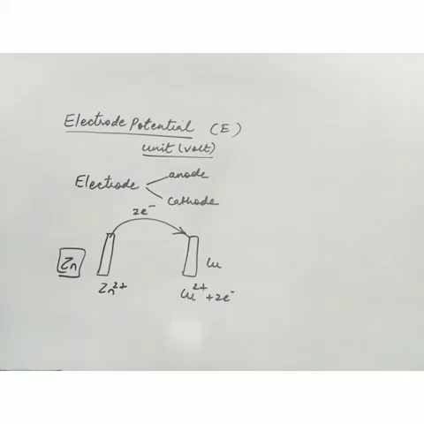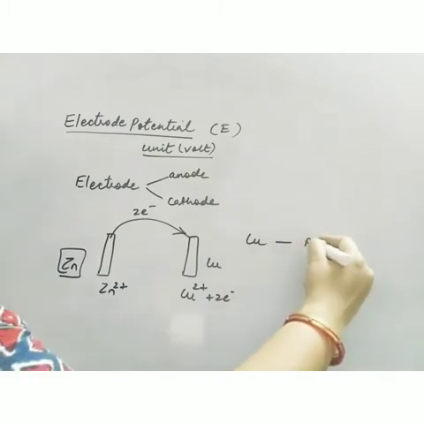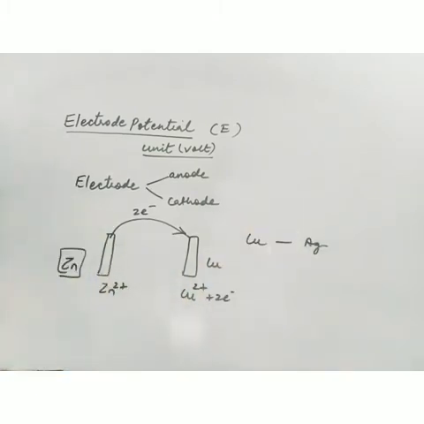Likewise, when we connect copper and silver together, copper lies up in the activity series, so it is more reactive. So here copper will be oxidized. Now copper has the tendency to lose electron and silver has the tendency to gain electron. So it means that when we connect two different elements or metals, one has tendency to get oxidized and another has tendency to get reduced. The measure of this tendency is known as electrode potential.